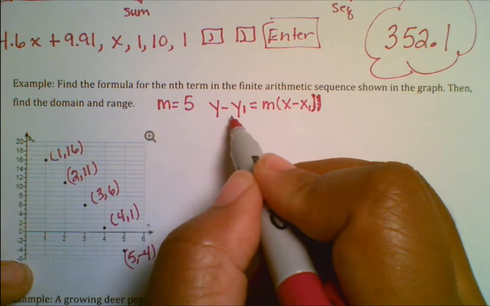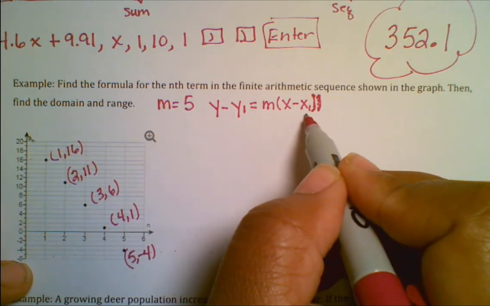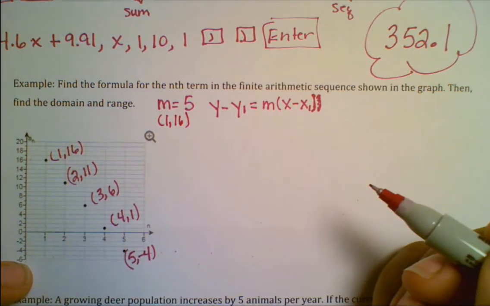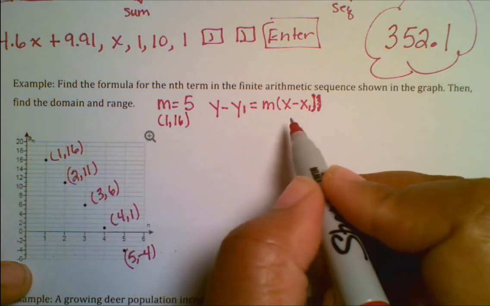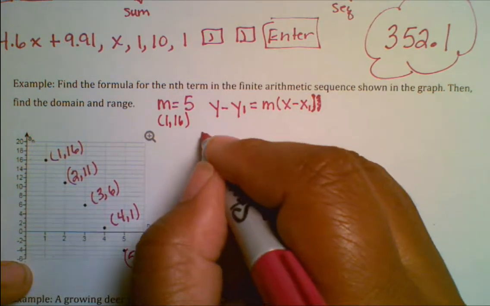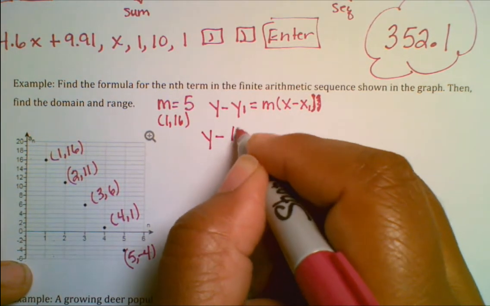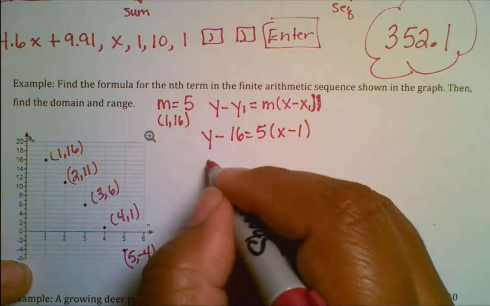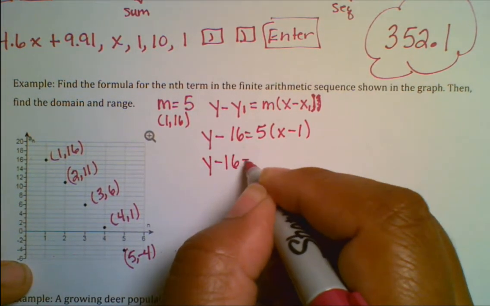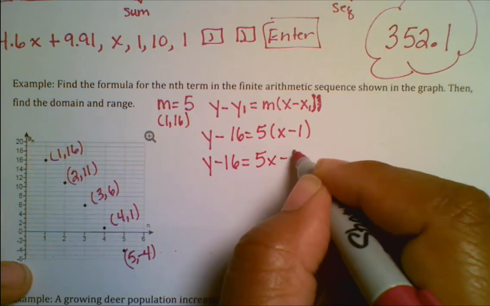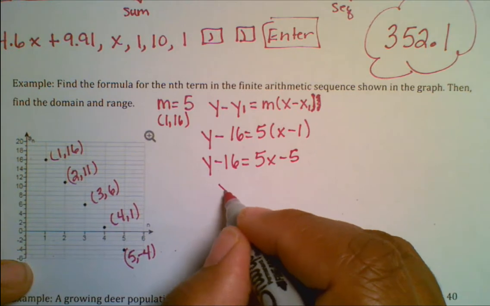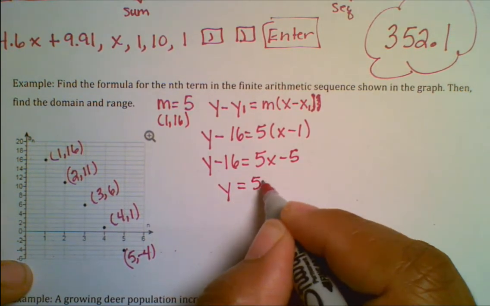Now we need y sub 1 and x sub 1. We'll just use the first ordered pair and plug those values in for x, y, and m. So we have y minus 16 is equal to 5 times x minus 1, which gives y minus 16 is equal to 5x minus 5. Add 16 to both sides, and we have y is equal to 5x